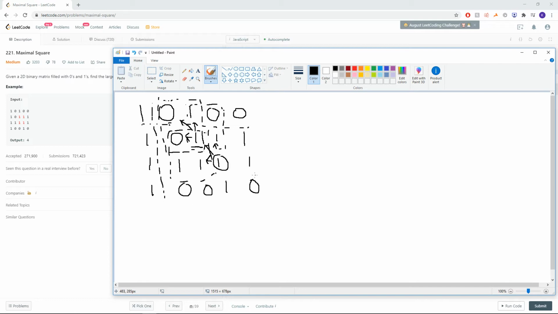Now, here's the other thing. Every single time we add a new one to the square, we're basically adding 1 to the length. So basically, we'll be adding 1 every single time we pass by and do this DP operation. So we can then say DP of i j is going to be equal to the minimum of